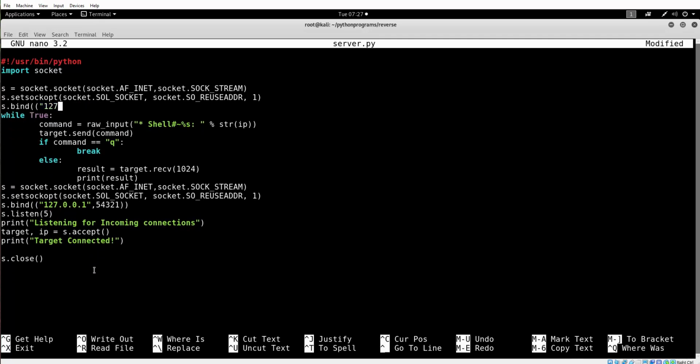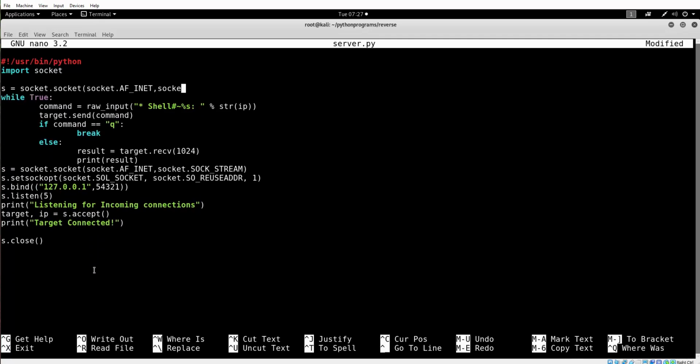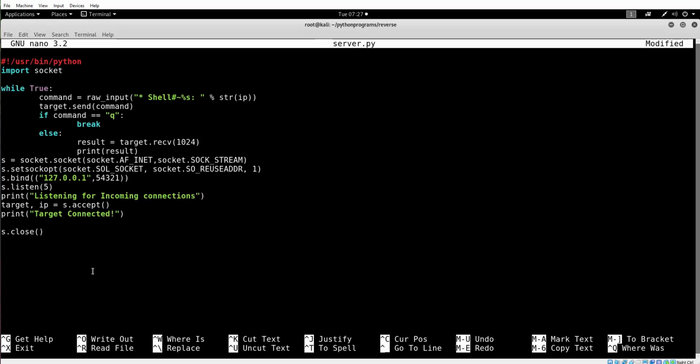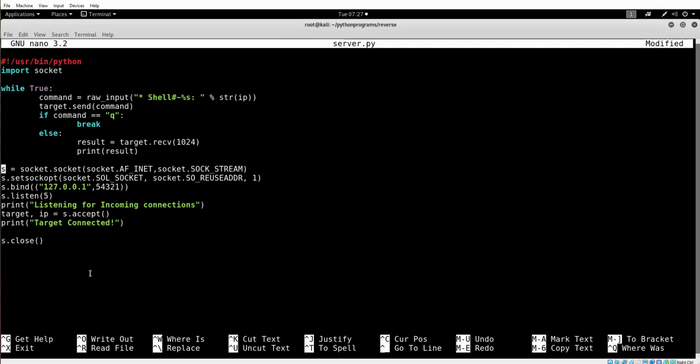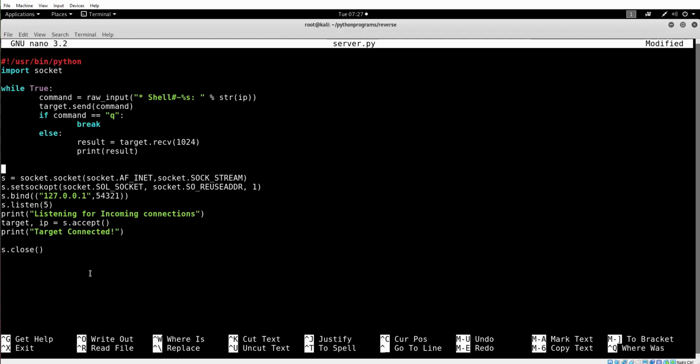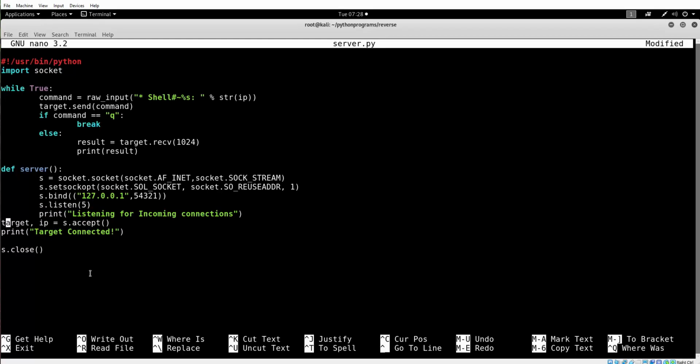Now I know this isn't pretty code, but trust me, it doesn't really matter as long as it works and as long as it doesn't break. So first thing we want to do is separate it from the while loop. Then what we want to do right now is actually make a function. So def server, and then we will put all of this in that function. So creating a socket, then setting socket options, then binding the socket, all of that should be in the same function. We can also print listening for incoming connections,